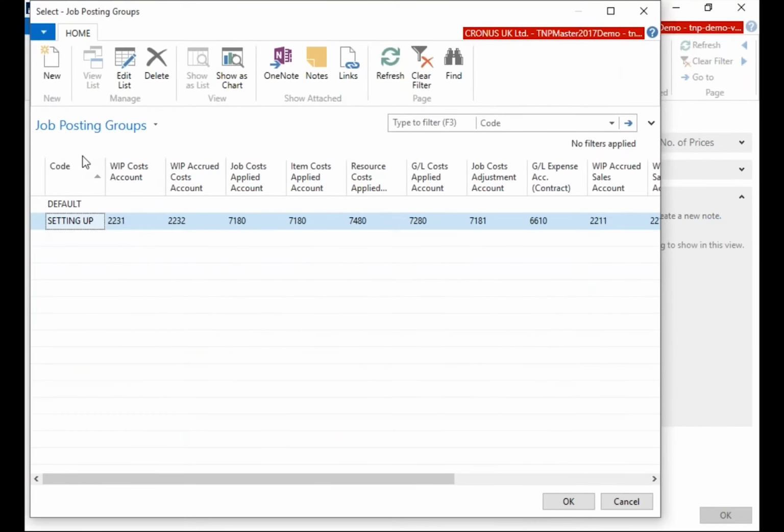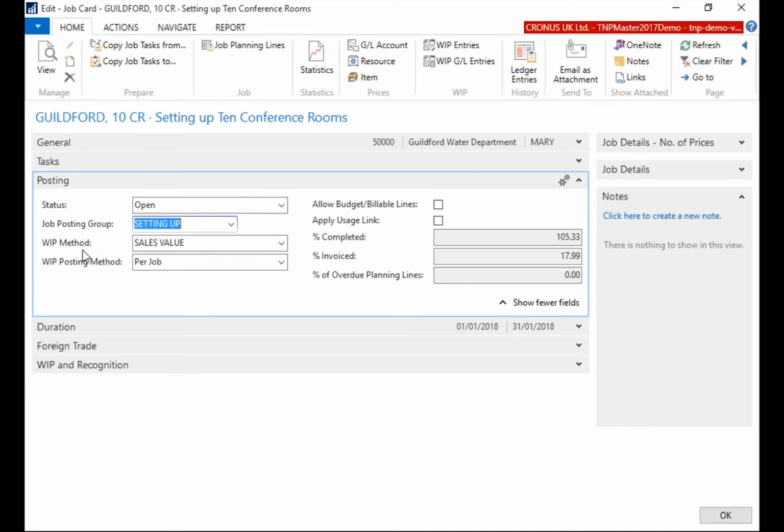Work in progress method. This is especially relevant where this is a long-term project, long-term activity, or contract. So how do you recognize revenue, for example? So whether it's a completion of projects,